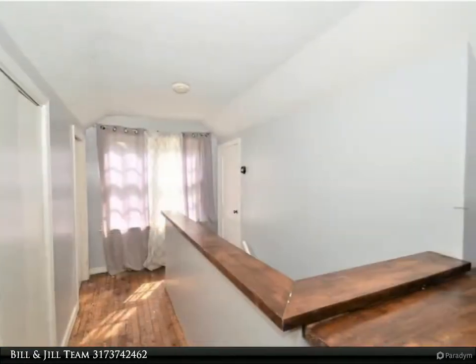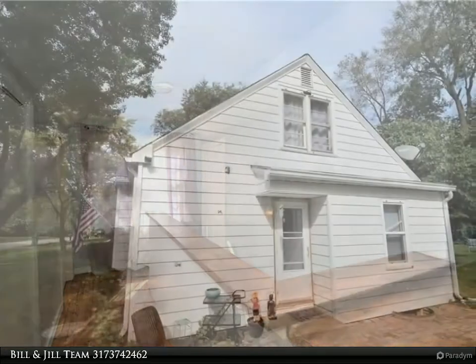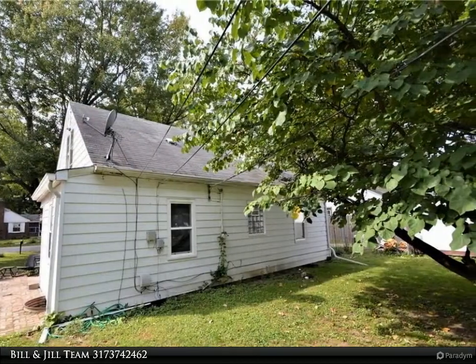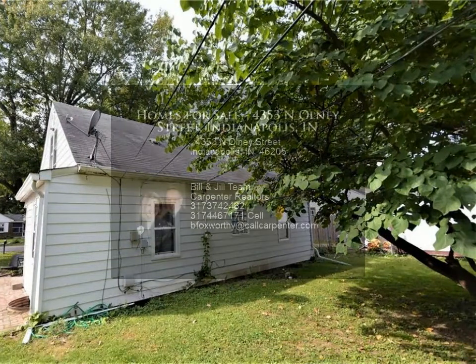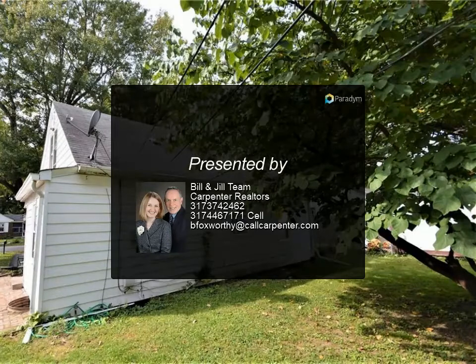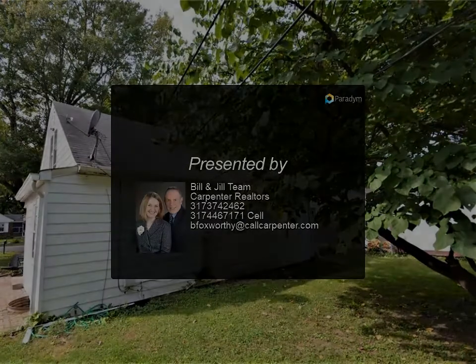Close to numerous options for shopping and entertainment. A bike ride to the fairgrounds and the Fall Creek Trail. Minutes from downtown. For more information, review the details below or contact Bill and Jill team at 317-374